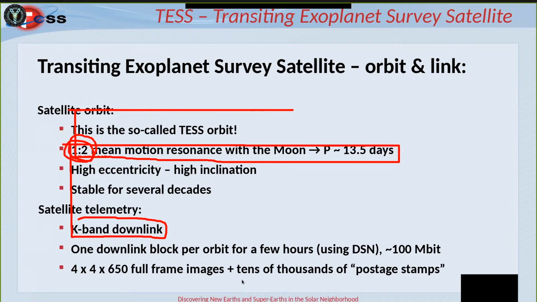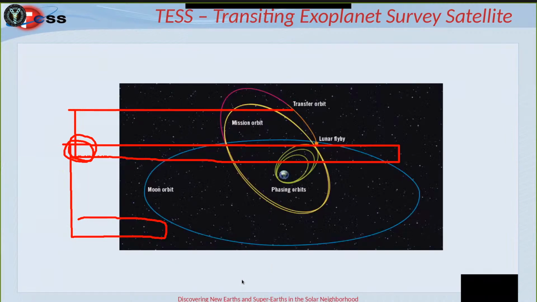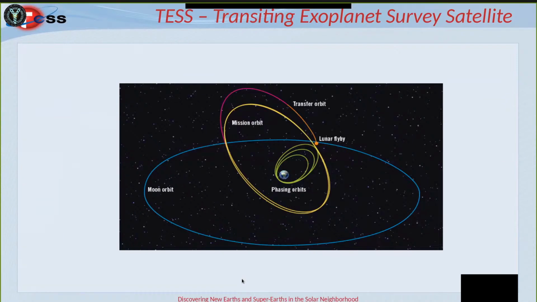So we will see what we can do with this type of data and how it is collected on board. So this is the orbit of TESS. This figure shows the orbit to scale. This is Earth. This is the orbit of the Moon, and this high inclination, high eccentricity orbit was achieved by the Moon itself, by a lunar flyby, and this type of orbital insertion minimized the